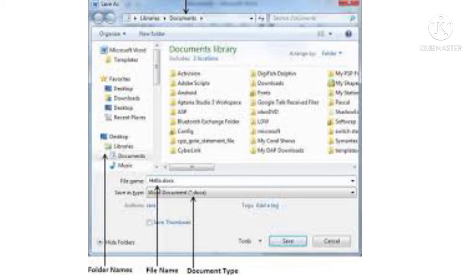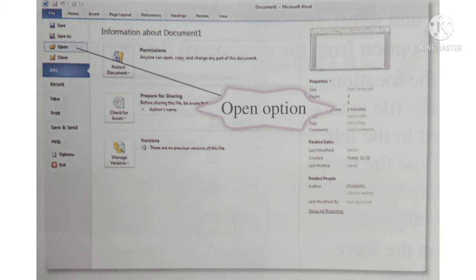How to save a document in MS Word 2010. In order to save your document in a new location, follow the steps given below. Number 1. Click on the File tab from the ribbon and select the Save or Save As option from the drop-down list.